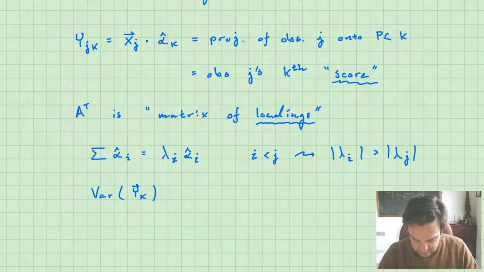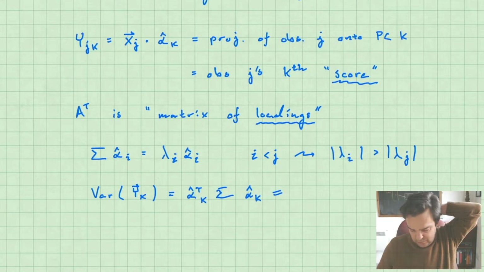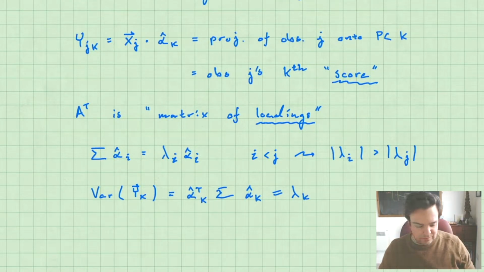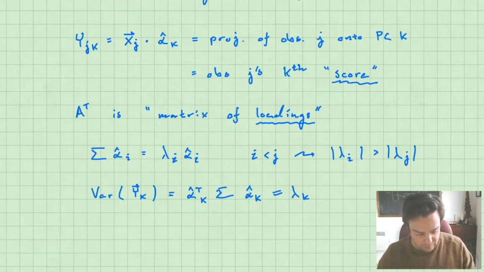The messier way is this product, so it's alpha k transposed times the matrix sigma times alpha k. Or, more simply put, that's just equal to lambda k. And we showed all those things last time. And so you can see why it's problematic if one of the lambdas is negative for us. It does happen sometimes, though, and then you have to kind of make sense of what that means. It usually just means trouble for us. Not generally. It's fine to have negative eigenvalues generally, but